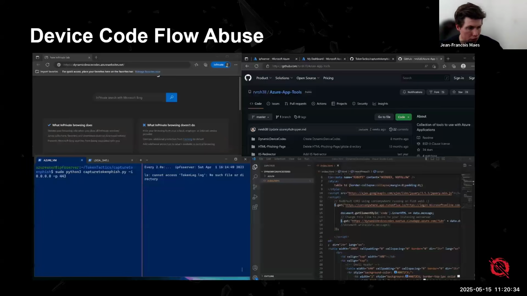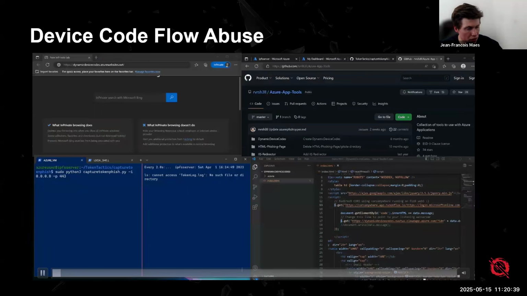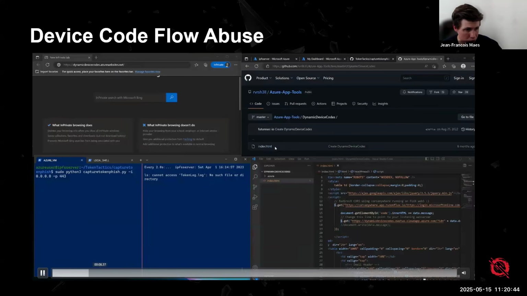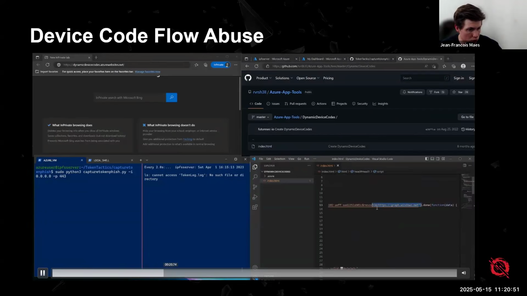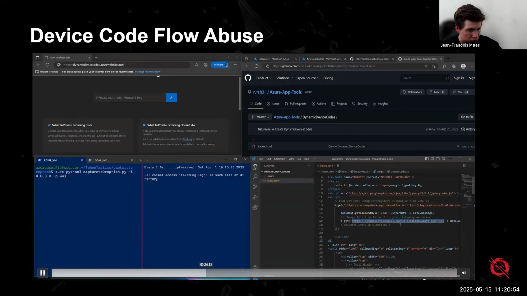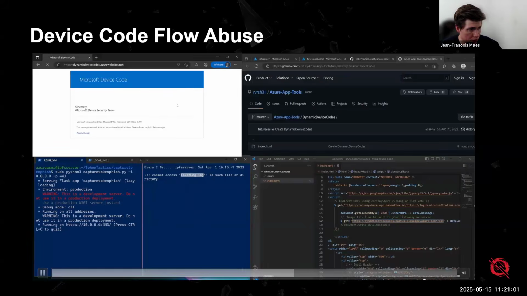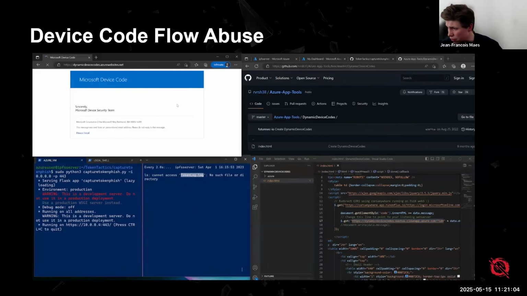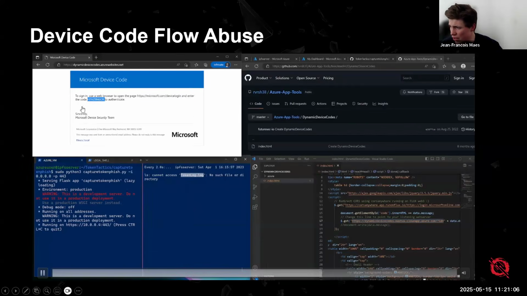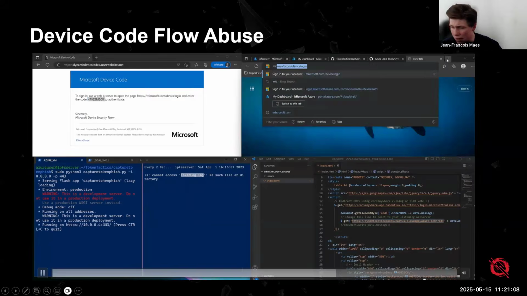So how does that work in practice, right? What does a device code phish look like? Well, here we have a little demonstration courtesy of Black Hills Information Security, very well-known consultancy. What we are doing here is we are going to generate a device code token. It takes a little bit of time to actually get that token, but you're going to see, we're going to send an email. There you go. So we have this Microsoft device token, which is going to have a particular code in there.